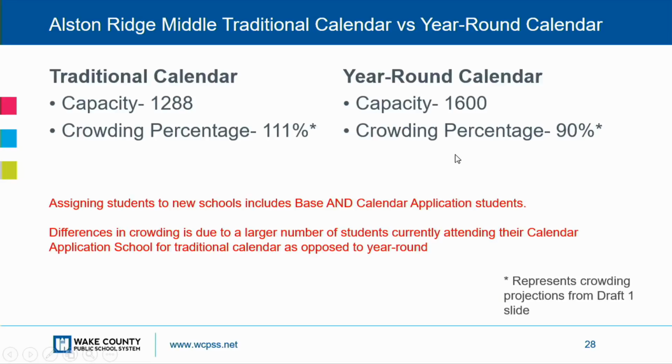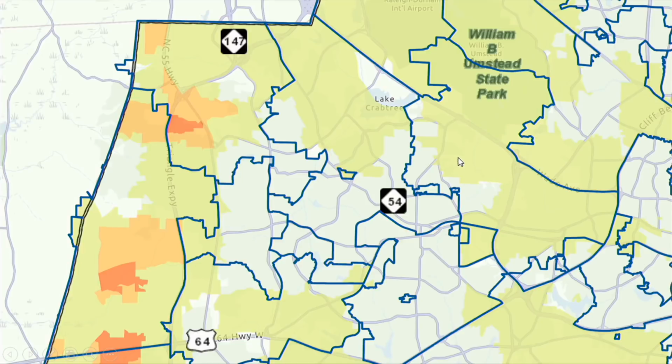Not to mention, we see a phenomenon with schools that share the same campus that they are in much higher demand. Apex Friendship, Holly Grove, Mills Park. You see many more students doing that because it's one-stop shopping for parents when it comes to bringing your children to one campus. So again, here's that map with the growth. So here's the Alston Ridge Middle School area, and this is the area where we're seeing that higher growth in the next 5 years.